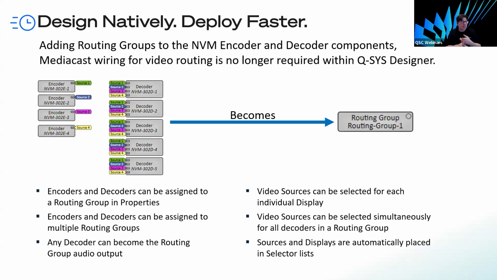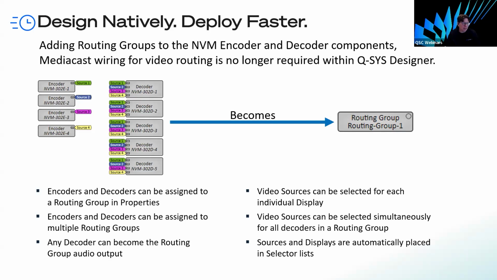So video sources are available. All of the sources are available at every display. Video sources can be grouped together and selected in groups, which is actually an improvement over doing it the way that I have on the left here, that you can say, I want decoders 2 and 4 to always get source 1, and I want 1, 3, and 5 to have source 4. You can group them together, so you don't have to individually do any of that cross-point routing,